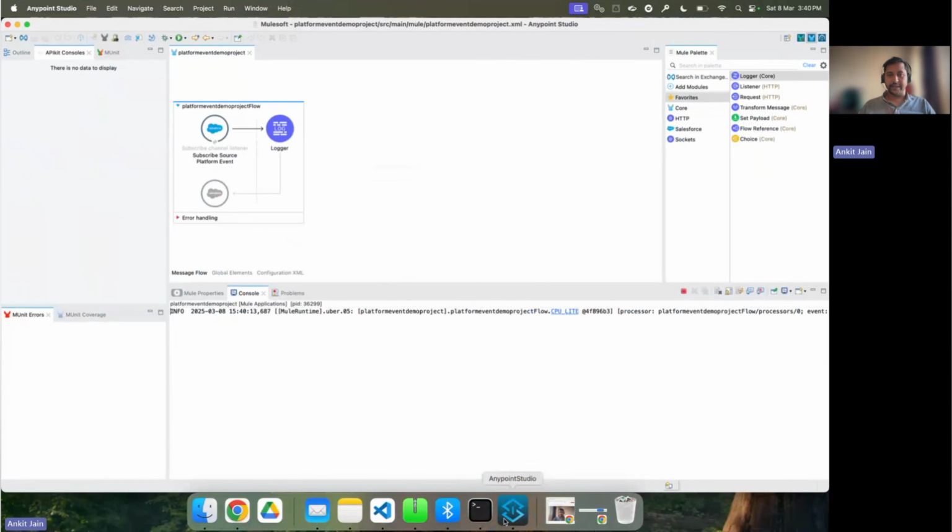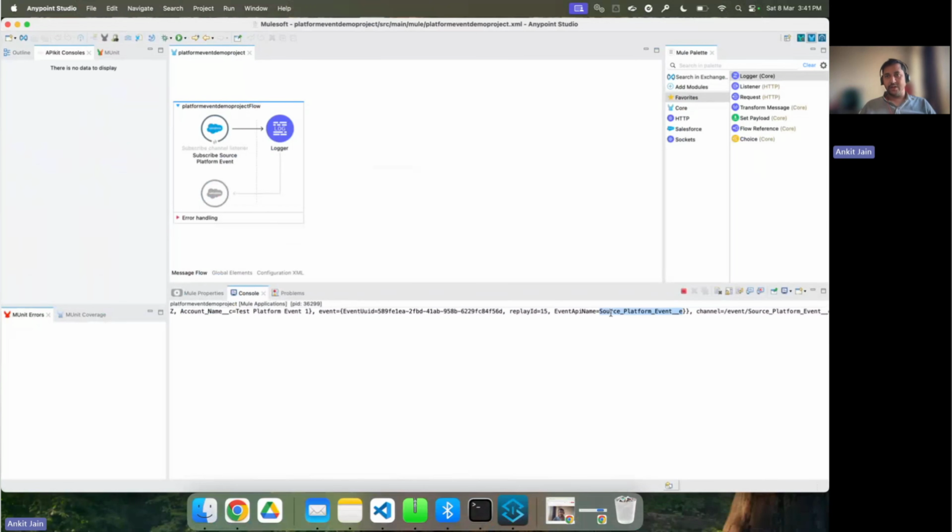Let's check in the AnyPoint Studio whether we have received the platform event or not. If you can see, this log file says that the platform event is received. And if you scroll down, you can also see the payload. If you see the complete structure of the payload, my payload starts from here, from my data. Inside my data, I have the payload, and in my payload I have the value that I have populated. That means the connection between my Salesforce org and my MuleSoft is established. I am getting those platform event details in MuleSoft. Everything, the event UUID, replay ID, you can see it populating here along with the source event